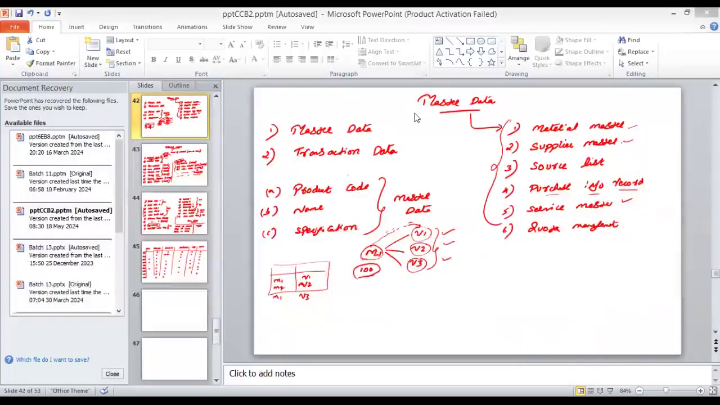First of all, we discussed regarding what is master data and what is transaction data. And we understood what is the definition of master data and transaction data, which all material or supplier or information of purchase, all these are master data. So what we said,